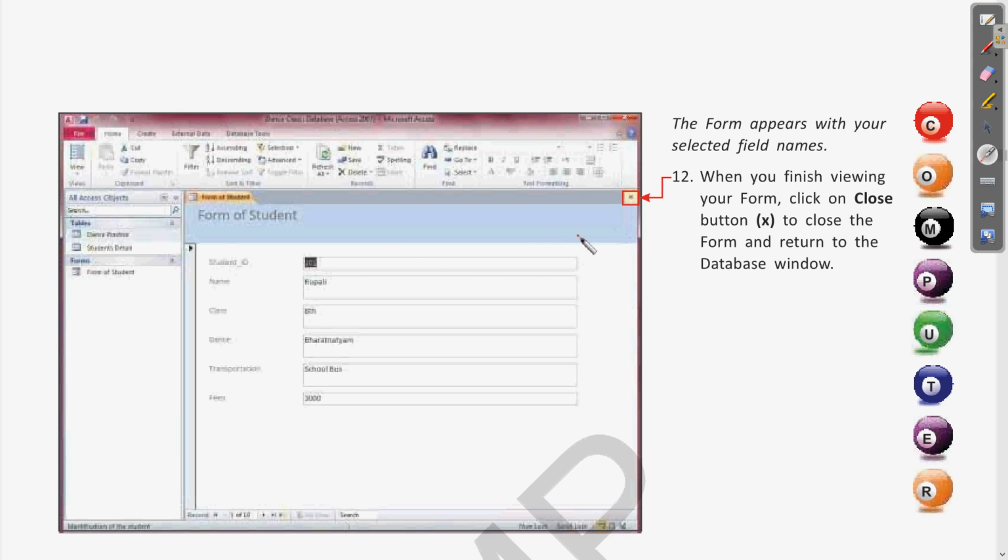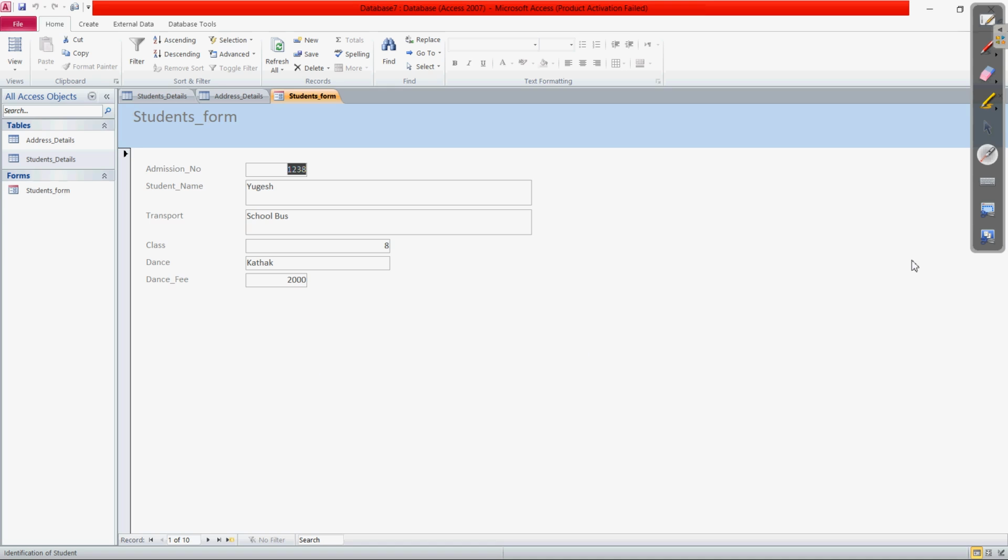Okay, now after viewing this form, we can also close this form by the cross button at the corner. Clear? So this is how to view the form and how to close any form which is open. Okay, so let me show you how to close it also.